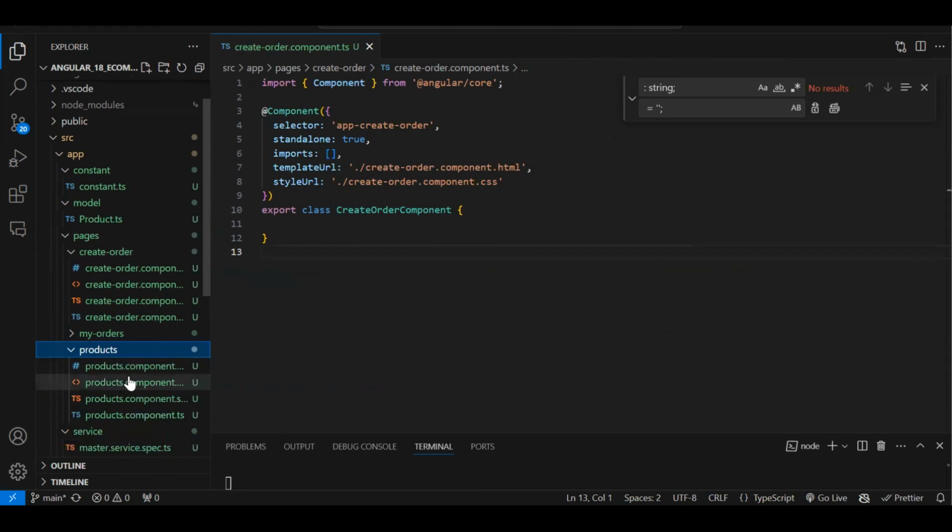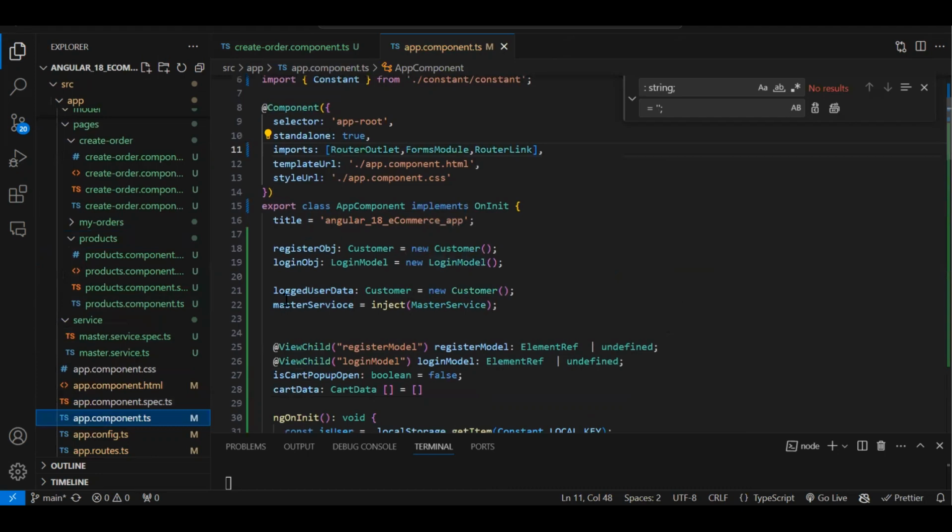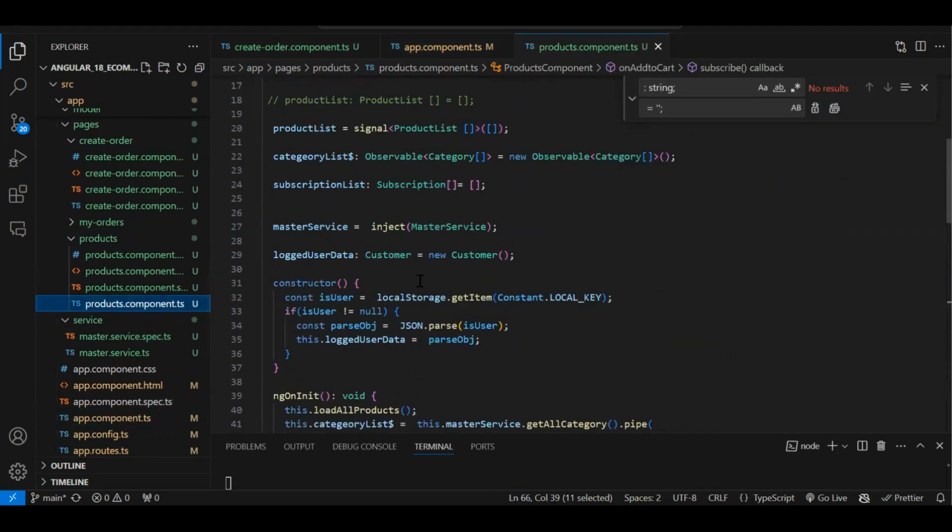So we need the login detail. Now here you can see the logged in detail. In the app component also, we have stored the logged in detail. Then in the product component also, we have stored the login detail. So this kind of code is repetitive. Instead of doing this in all the components, we can put this code into